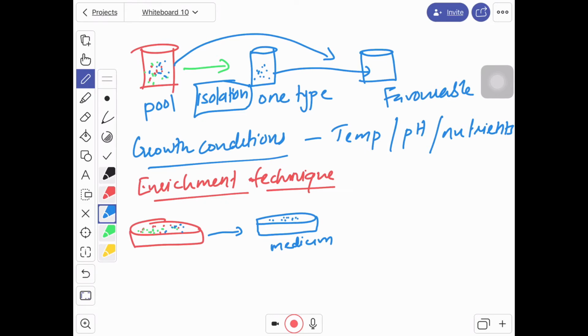Or in a way we can say, if nutrients are the same and physical conditions such as temperature are different, we will transfer this microorganism inoculum, in the sense a small portion of this, to a fresh medium and grow them at a temperature that suits growth of our desired microbes. In all these techniques, we actually create an environment that suits the growth of the microorganism which is of our kind. I think this enrichment technique is somewhat clear to you.